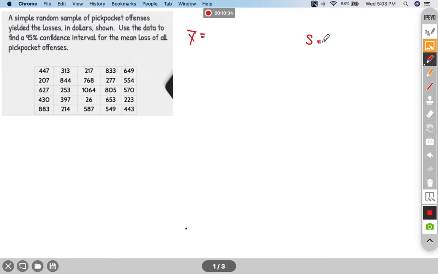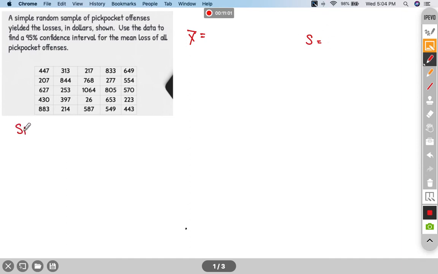I keep meaning to, and it's been a weird year. I'm going to describe how to do this with the TI-83, 84, because I know that's what most of my students have. But to find these values pretty easily, instead of having to add them all up and use our lovely formulas for this,